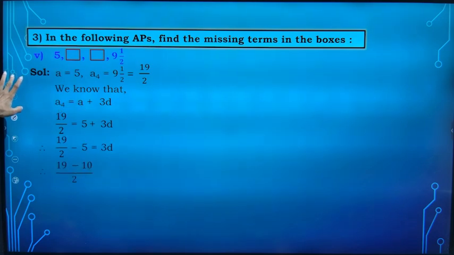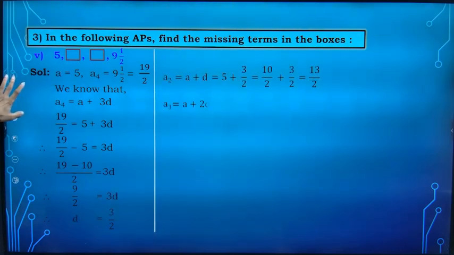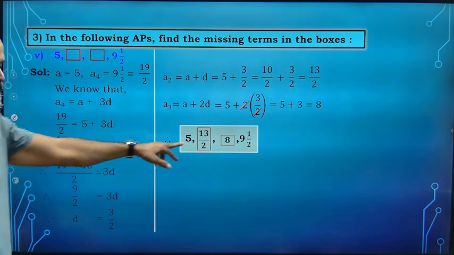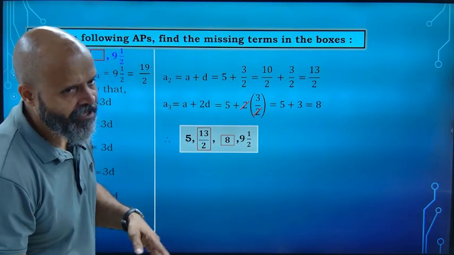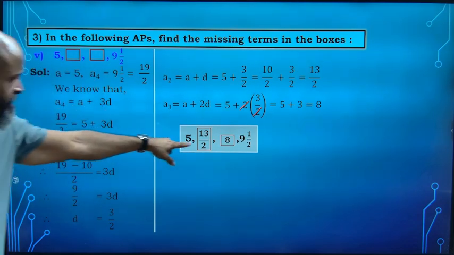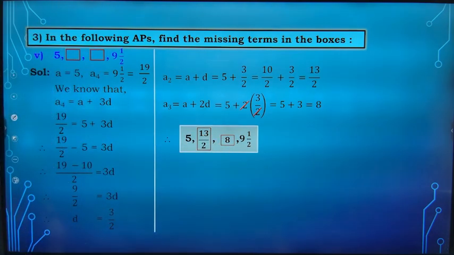So if we bring this here, 19 minus 9 by 2, so D will be 3 by 2. So 13 by 2, yes, 6.5, okay. 13 by 2 is 6.5. Okay, 2 6s are 12, plus 1, 13. So write 6.5 or write 13 by 2, it's one and the same thing. 8 and 9.5. Okay, are we clear?